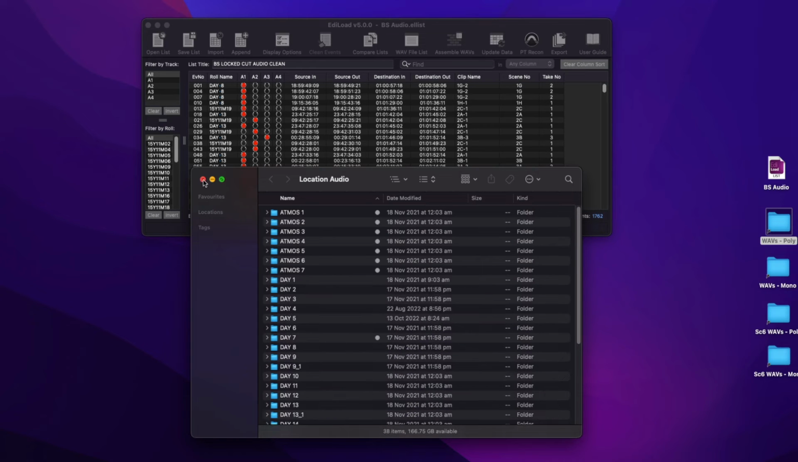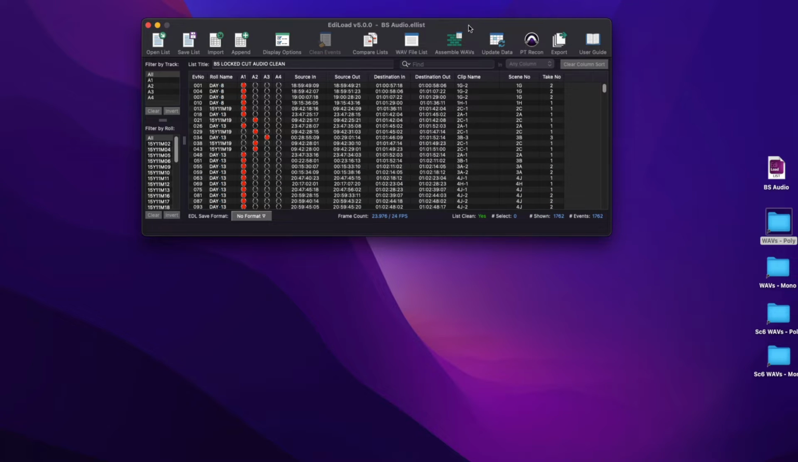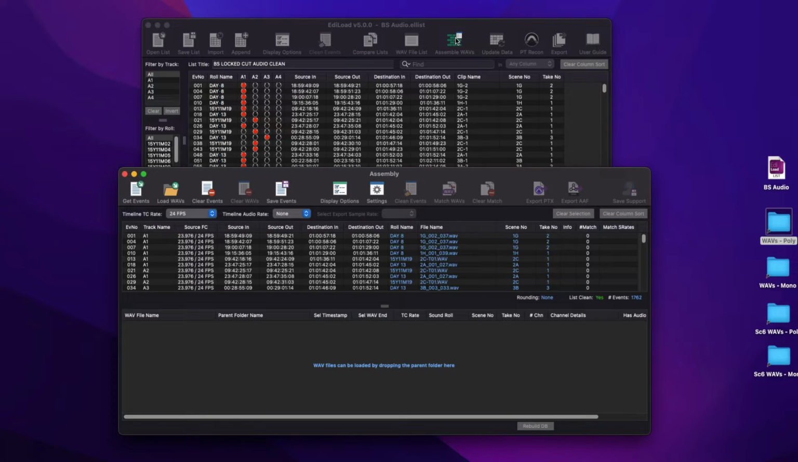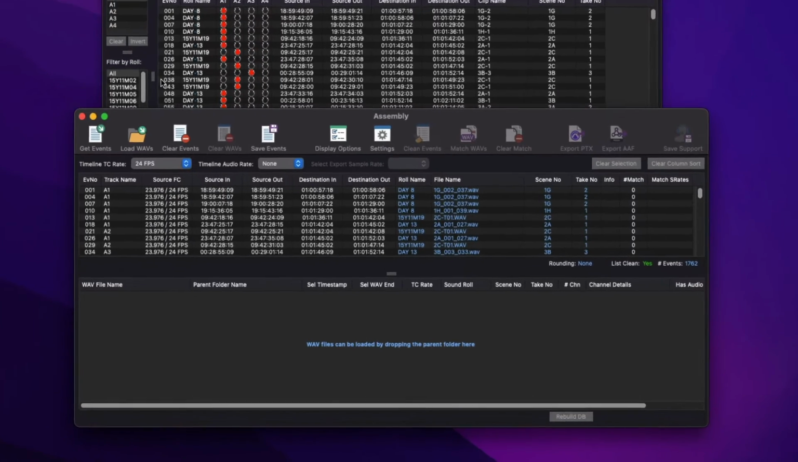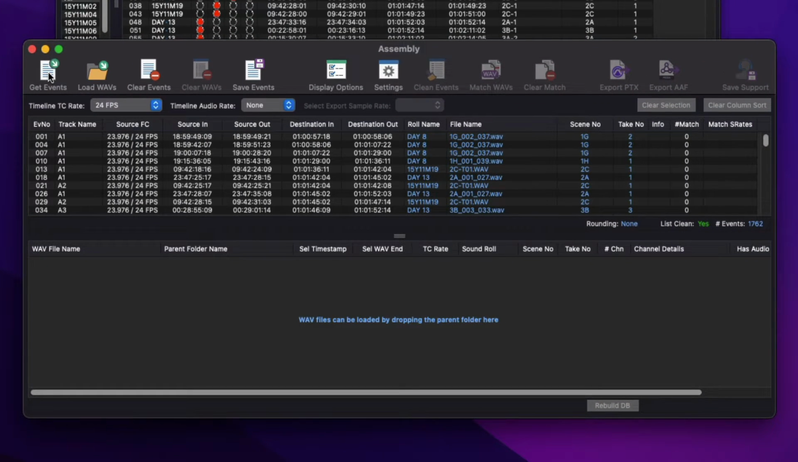Now I'll open the EdiLoad assembly window by clicking the Assemble WAVs toolbar button, or you can press Command 3 on Mac or Control 3 on Windows. If the main window contains an edit list, this will automatically be loaded into the top list. Click Get Events or press Command G on Mac or Control G on Windows to reload the events from the main window. Load the location WAV file parent folder by clicking the Load WAVs button, or by pressing Command O